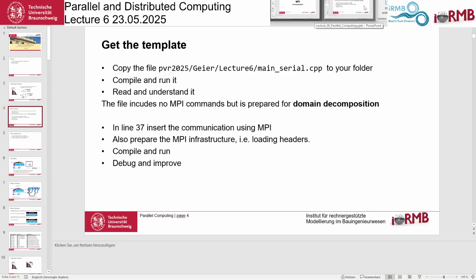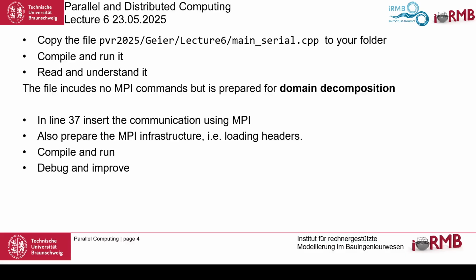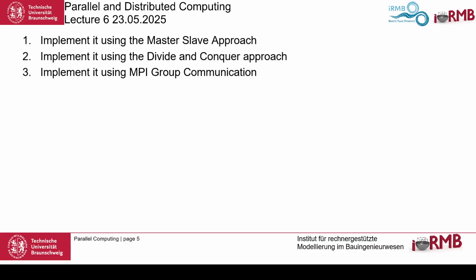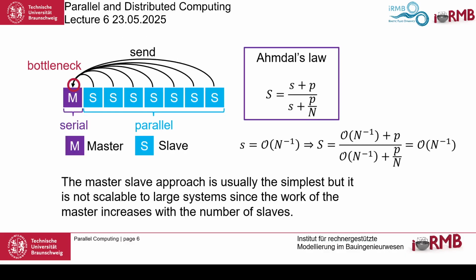Let's briefly go back to what we are supposed to do. Understand and run it, and then introduce the MPI stuff. There are different ways how you can implement this. Today we'll, I guess, only cover the first one, which is using a master-slave approach. Then there will also be divide and conquer and group communication. But let's look at this master-slave thing,